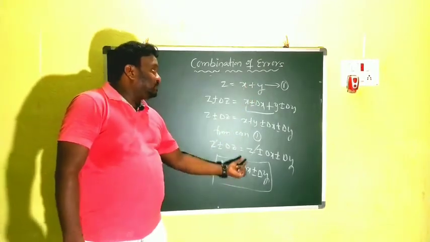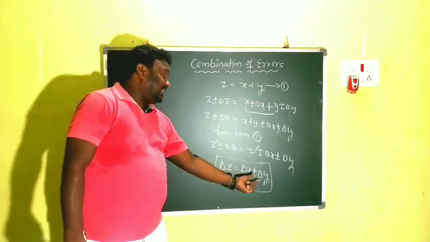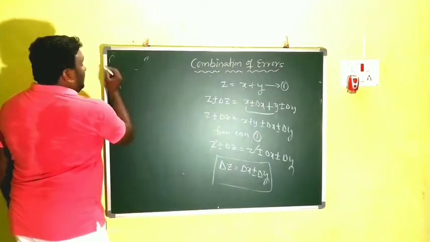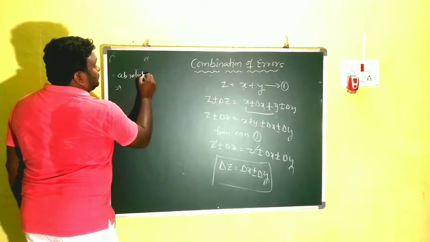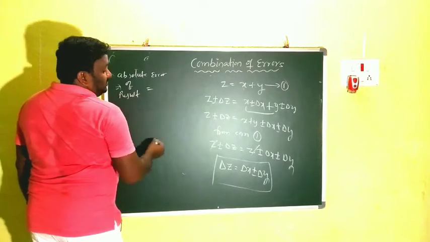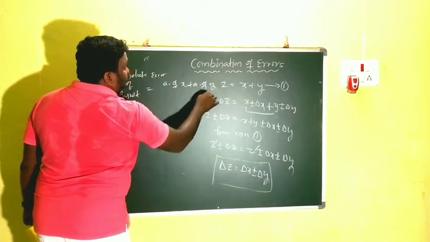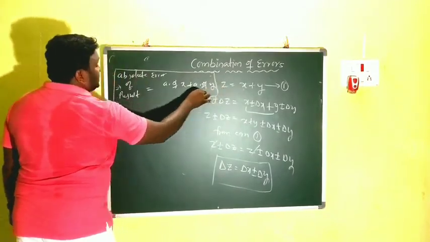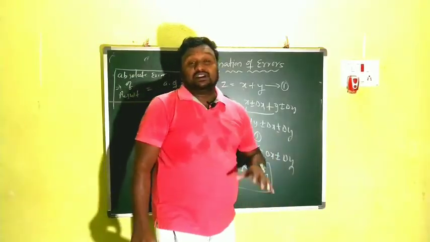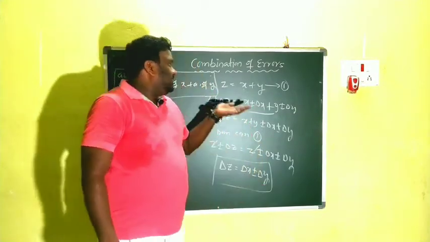Clear? Delta x belongs to x and delta y belongs to y. This is delta x, absolute error of x, and delta y is the absolute error of y. Then the balance: absolute error of result is equal to absolute error of x plus absolute error of y. So this is the principle that we proved. The resultant absolute error value should be nothing but the sum of the individual absolute errors. Got it, children? Very simple. Let us see again.